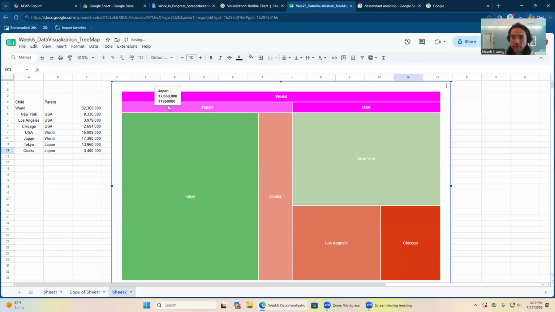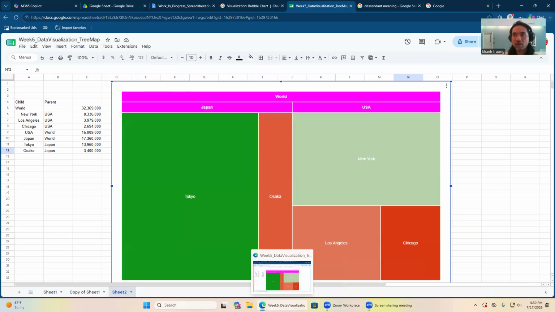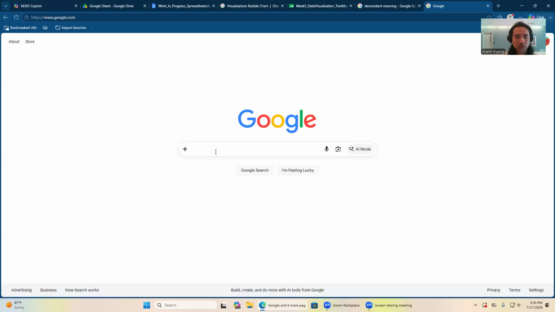And then I'm interested to see, okay, let's say that I want to go a little further down. I want to break New York into, I'm interested in looking at the city within, the boroughs within New York City, right? So New York City, let's say that it has, I don't know, 5 boroughs, right? So let's say that I'm interested in